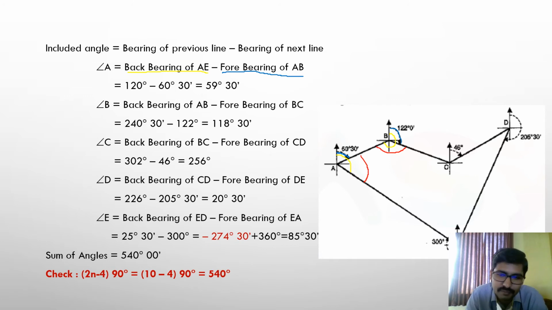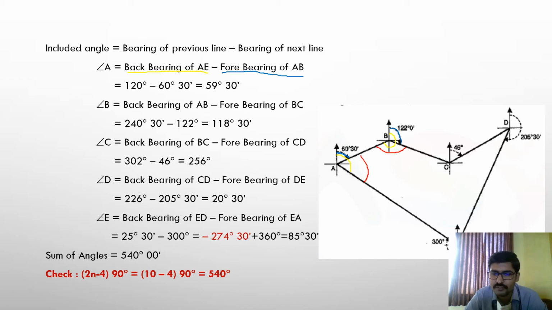Of course, if you follow the diagram, you can easily get the one which is required, right? So it is always better to calculate the angles with respect to the diagram. It is simple geometry, whatever you can understand from the diagram will help you identify the angle which is required. And finally, after calculating all the 5 angles, you are supposed to add all the 5 angles and check whether it is correct or not.